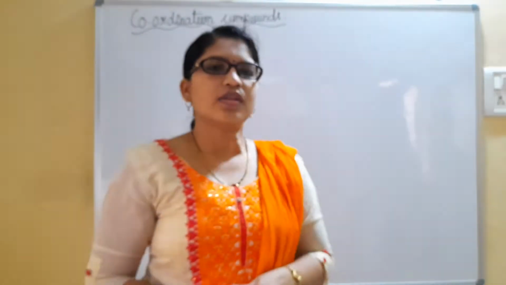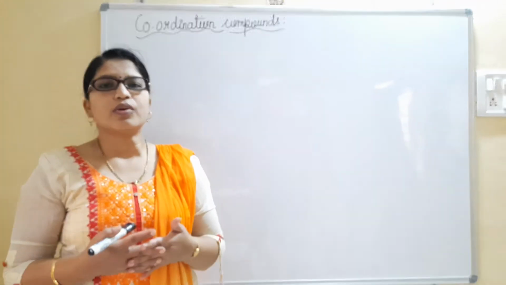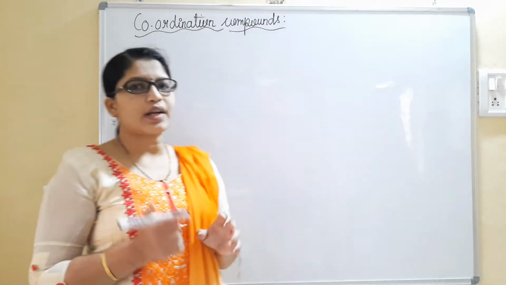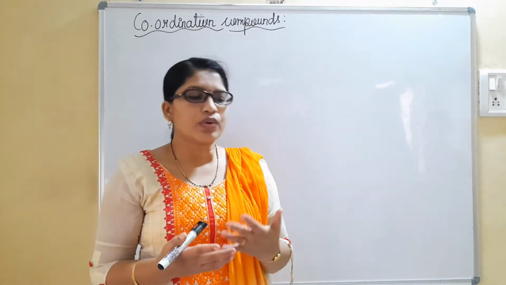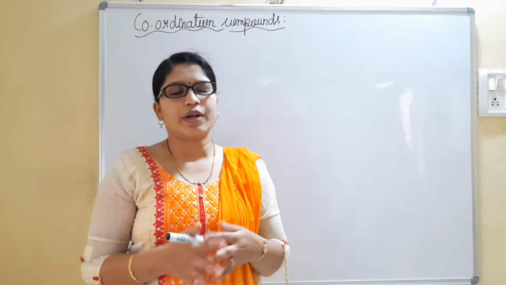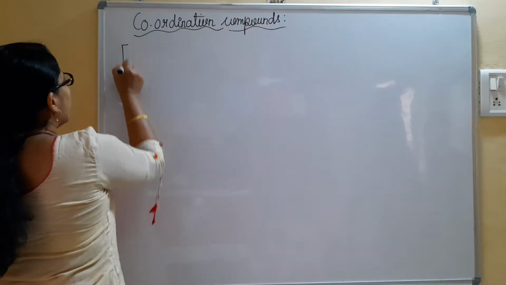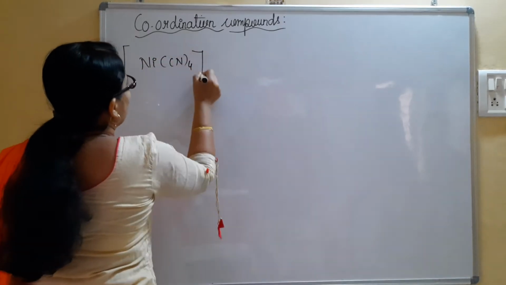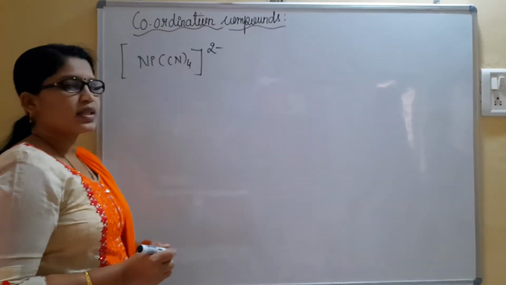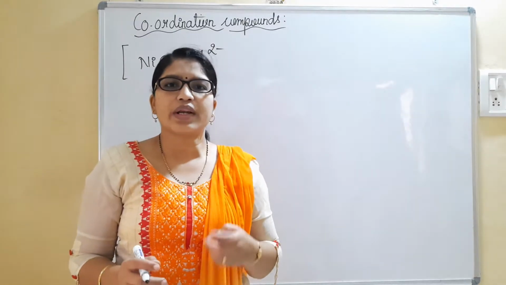Welcome back, dear students. Today we will discuss the next example for coordination compounds, in which we will consider the shape, geometry of a molecule and its magnetic property. Let us consider the next example, that is [Ni(CN)4]2-. Generally such questions can be asked for your board examination for 3 marks and for the competitive